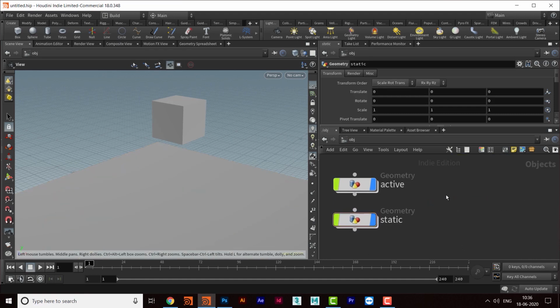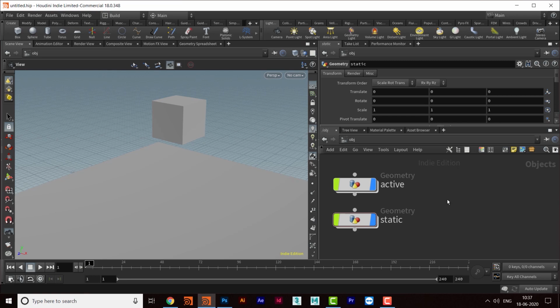So now what I'll do, I'll take a DOP network, because all the simulations, all the dynamics, all the rigid bodies, soft bodies, and pyro, flip, all these work in a different context. Though in Houdini 18, they are also working at SOP level, but for now we are starting with the top level.